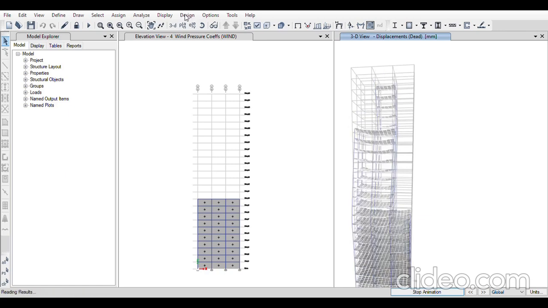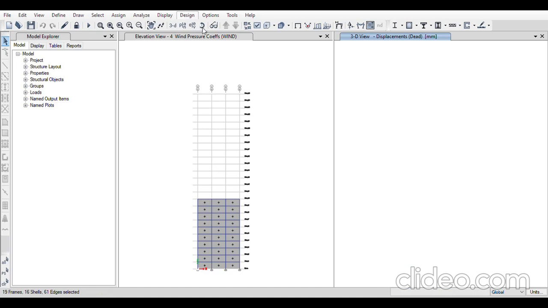I'll now go to design. Our design is a concrete frame design. I'll take concrete frame. Now check view, revise, preferences. Okay.